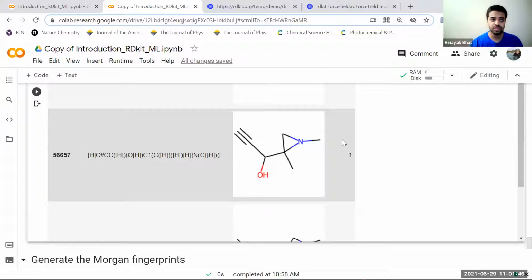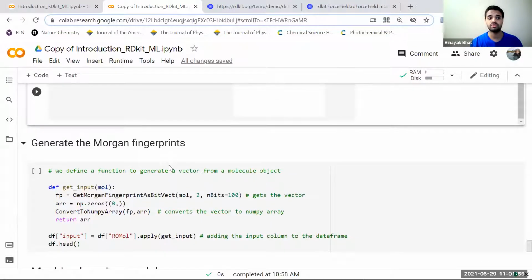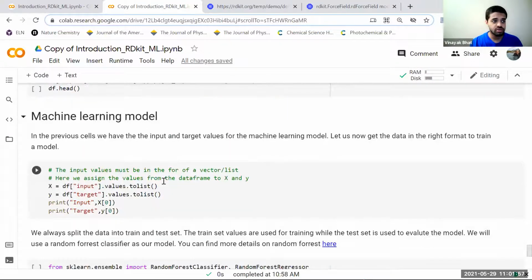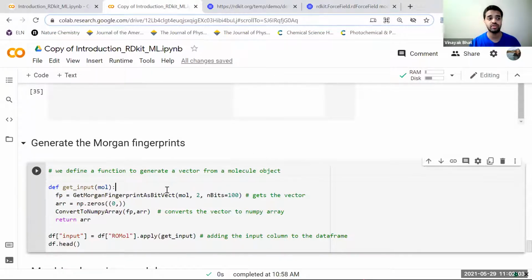For that representation of zeros and ones, we would need to create something called Morgan fingerprints. I thought I put it in, but you can just Google search for Morgan fingerprints and see what those are. They show what type of atom is there in the surrounding, and there's some radius that is needed. I think I should have put the link here, but yeah. So you'll get a vector of zeros and ones, and that will be the input for this. This is how we would generate it.